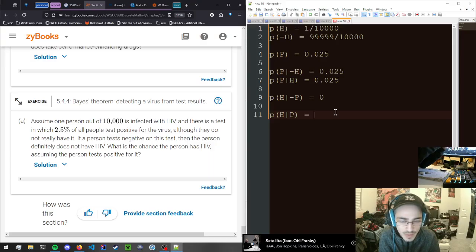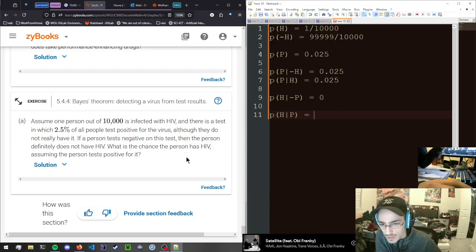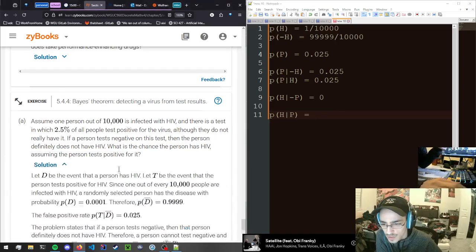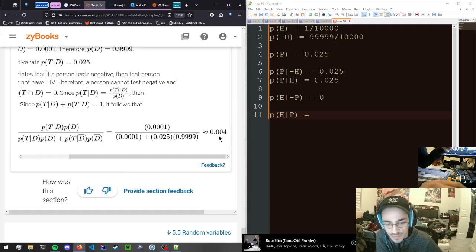And I'm going to add it to the 0.025 again, but this time with the other probability. And I got a really low number, 0.00 something. That's not what I got, but